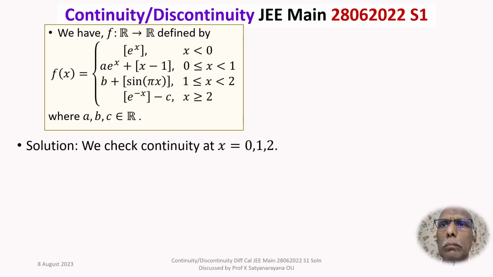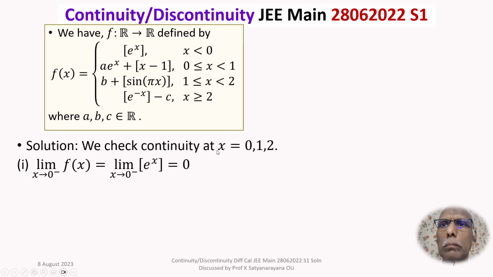Why only at 0, 1, 2? It is a piecewise function, and bracket functions are discontinuous at integers. That also you have to take into account. Otherwise, they are continuous functions. So that means continuity is to be checked at the integer points, namely x equal to 0, 1, 2. We take case 1,